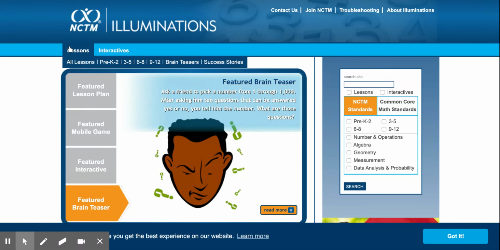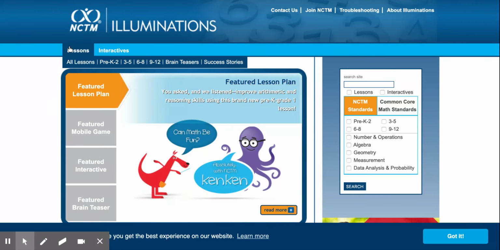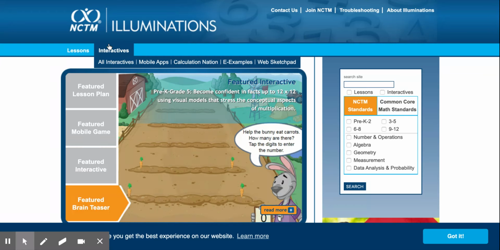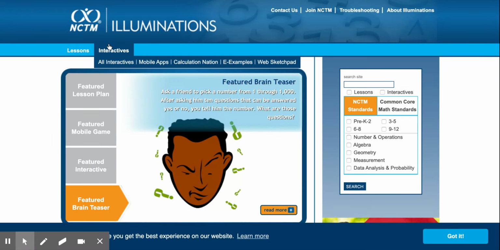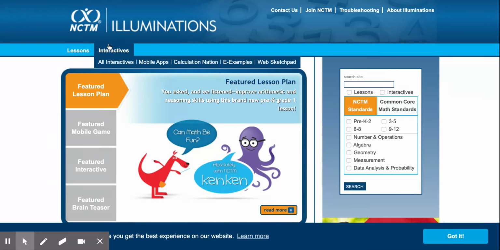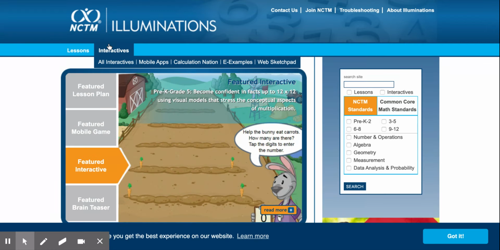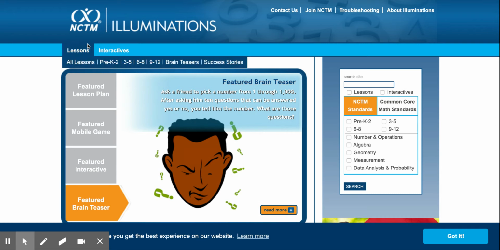using NCTM Illuminations. If you go over to interactives, you see links to a list of all their interactives, as well as their mobile apps, Calculation Nation, e-examples, and a web sketchpad. If you go to lessons,